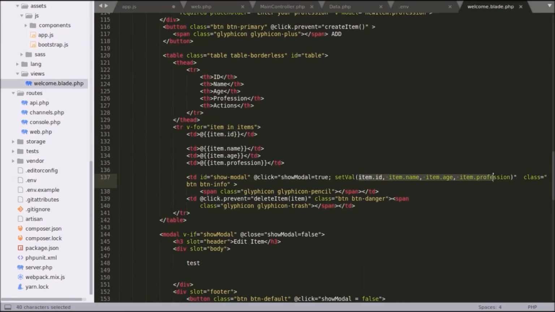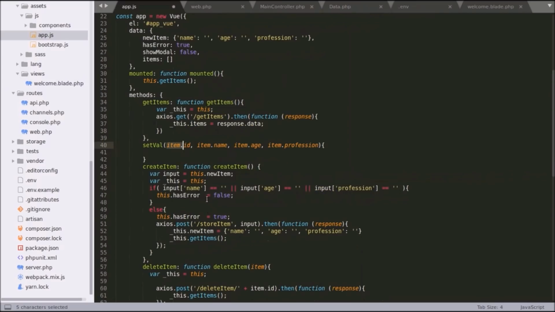It has four parameters. I'm going to call this val_id and val_name, this as age and this as profession, and I'm going to assign these values to these